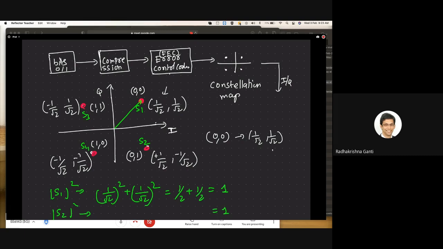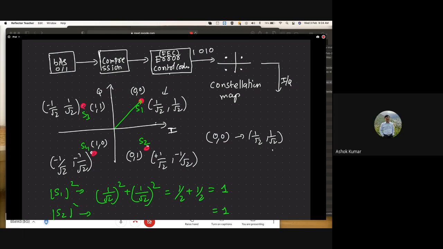Alex, please. Sir, how do we represent it physically? You told two wires are there. Is it serial data or parallel data? It's parallel physically. Until this point, data was serial. Zeros and ones were serial, 0, 1, 0, 1. At this point, I and Q come parallel after the constellation map. You have an I stream and a Q stream. I'm going to erase this and draw the block diagram. Any other questions before we proceed?